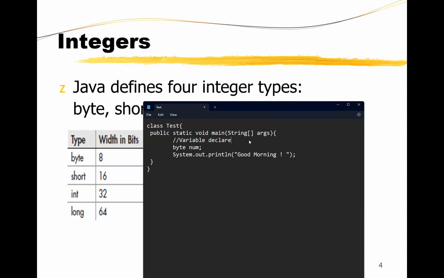Declare variable. Right, and then if you want to initialize the variable, if you want to assign a value to the variable, number equals 10. This is how you initialize, you assign a value to the variable. Right now, if you want, you could do it byte number 2